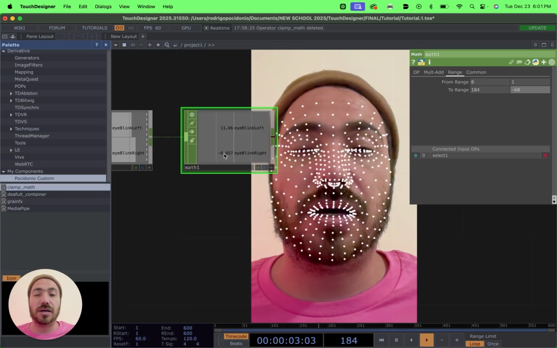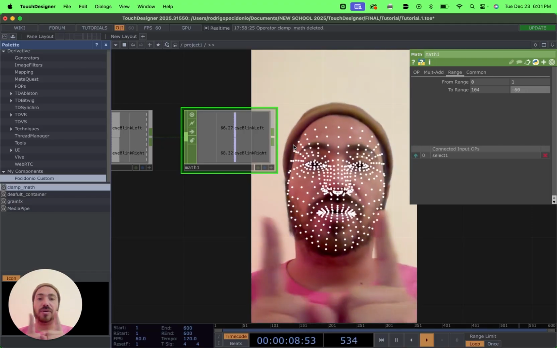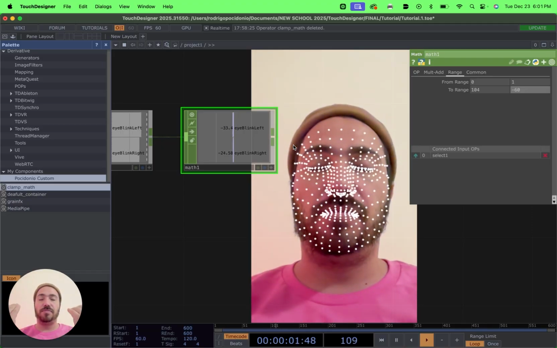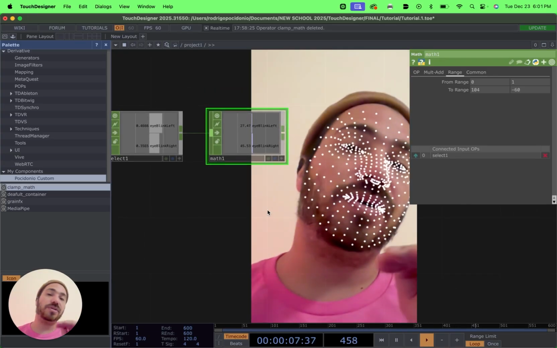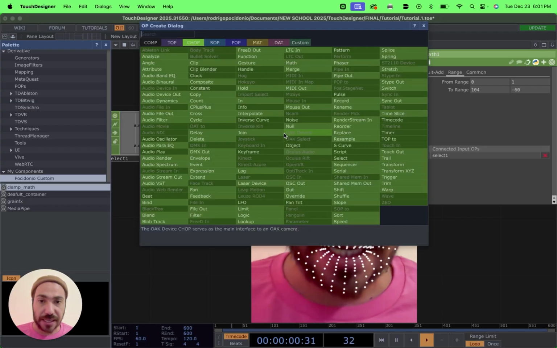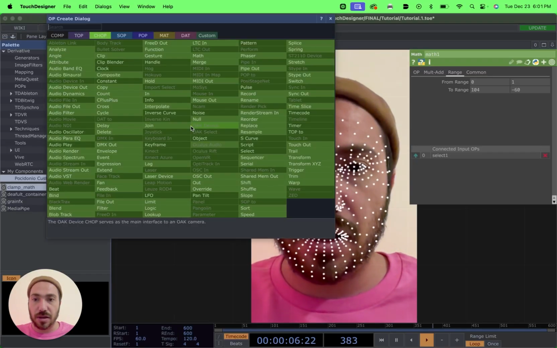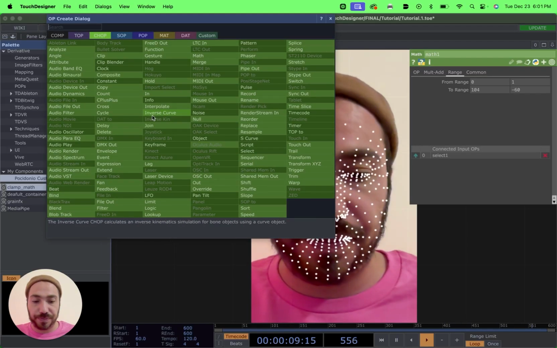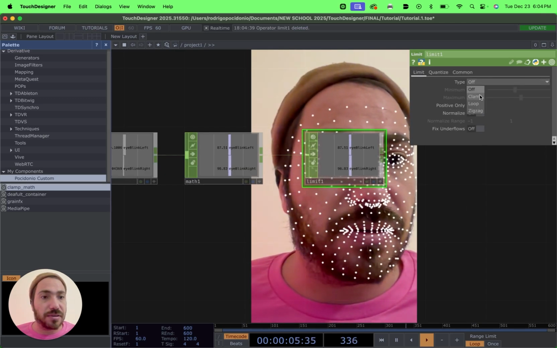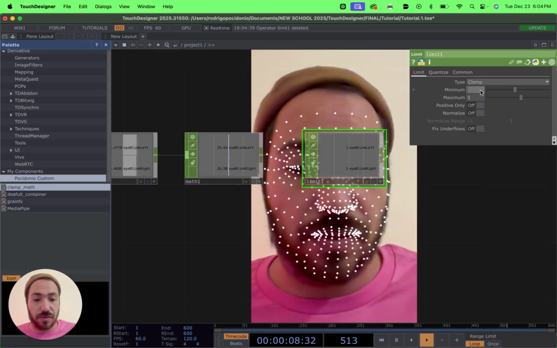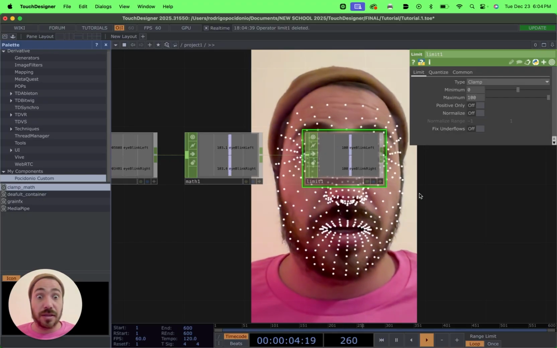And yeah, around minus 7 here, which is okay for now. But what is important, we're going from below 0 to up to 100, right? So now we're closer to what we want, because we want to go from 0 to 100. And then to refine even more those numbers, we're creating not a null, but a limit chop. And then we'll set this to a clamp. And then we put a minimum of 0 and the maximum of 100, right? So then we have,